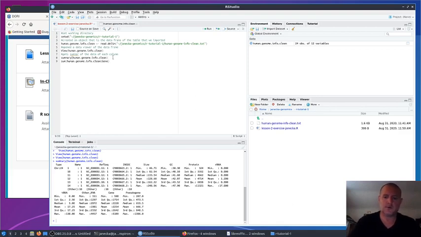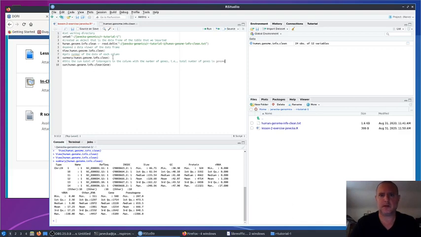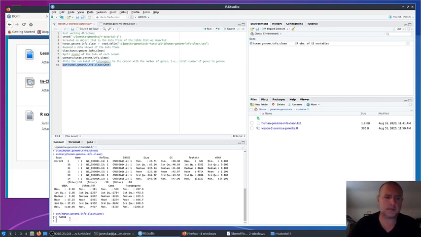Okay, so again, we want to add a comment that explains what this function is doing. So this is getting the sum total of basically integers in the column with the number of genes, right? So this would be, I'm going to put i.e. total number of genes in genome, okay? And so when we again copy that line, paste it into the console and execute it, right, we get